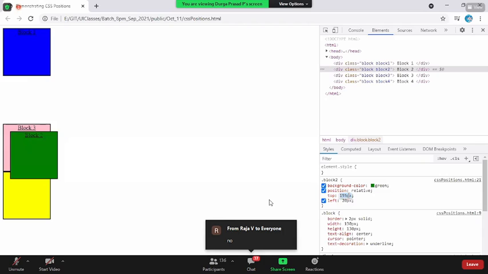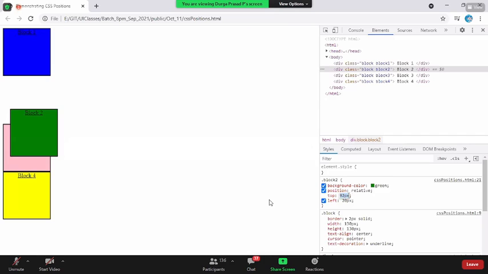Now, once you are on the z-axis, not only your position, block 2 can move into my position, or there is some other element which is falling under the z-axis. That guy can come and occupy block 2's position. You feel like it is occupying, but actually in the background, it is not its own position, right? You see, for example, block 2 is on top of this guy. Is block 2 occupying its space? No, that space is all there. The foreground or the front side axis, whatever you're getting, that is where it is occupying.